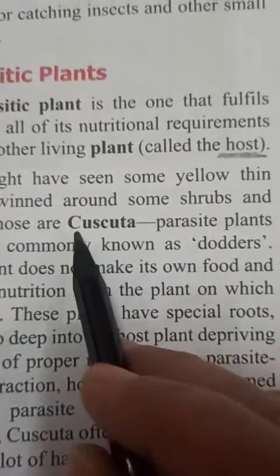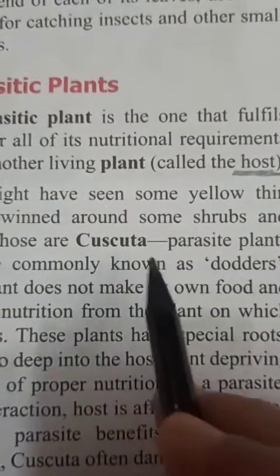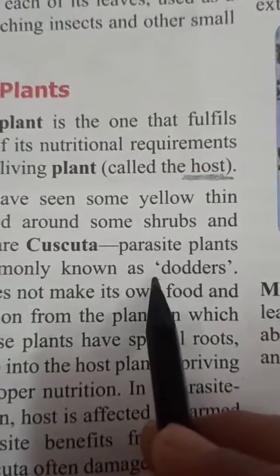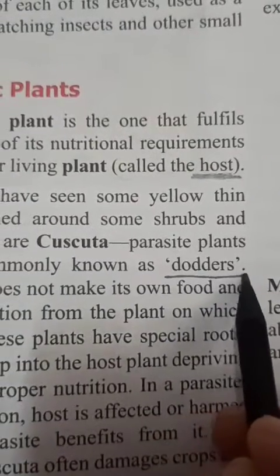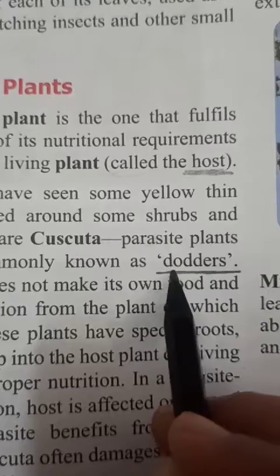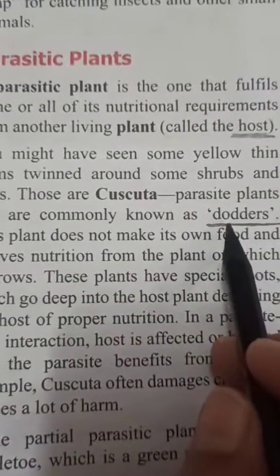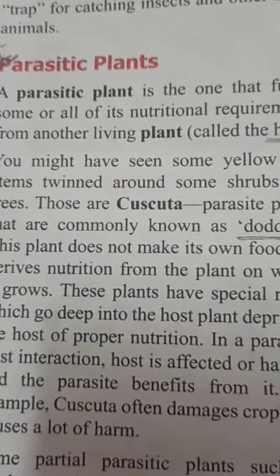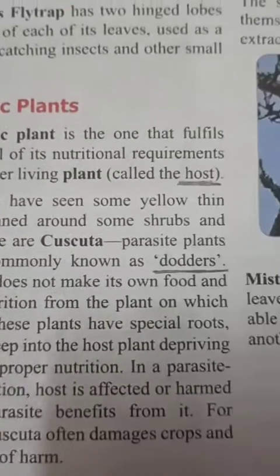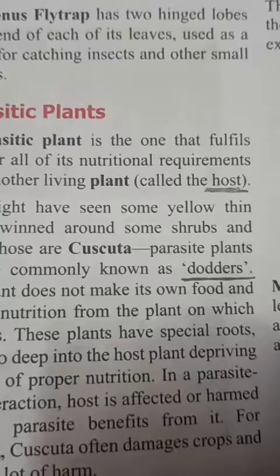Cuscuta is the scientific name of this plant, and in common language people say dodder. And it is very commonly visible if you see any kind of this